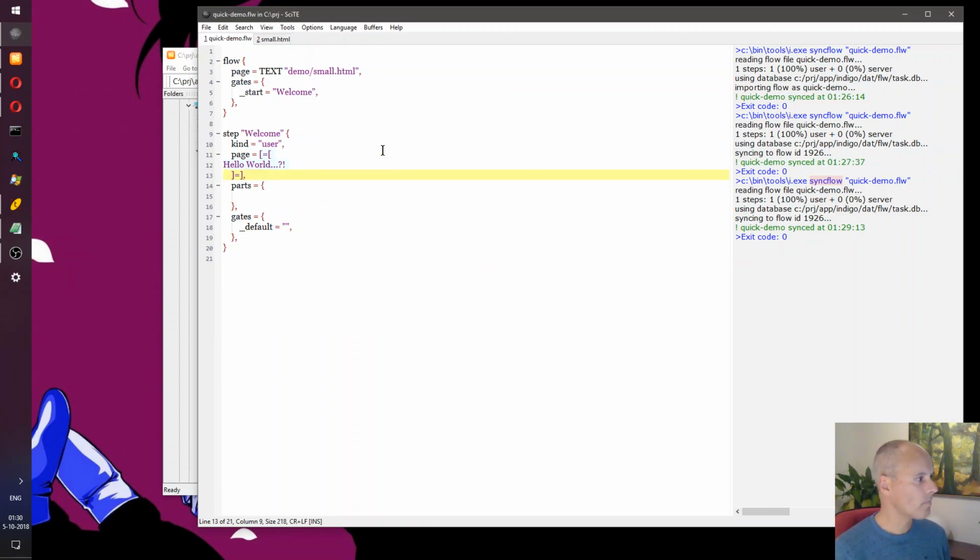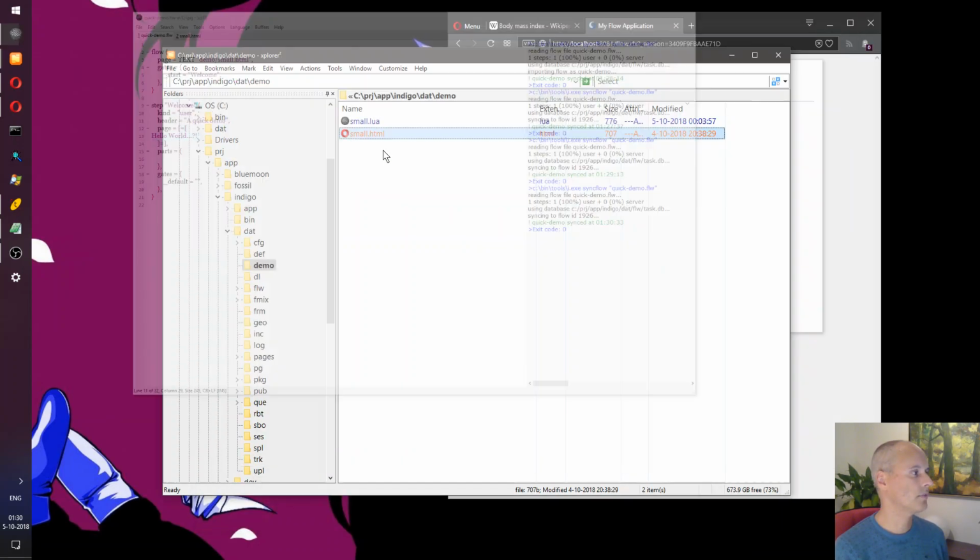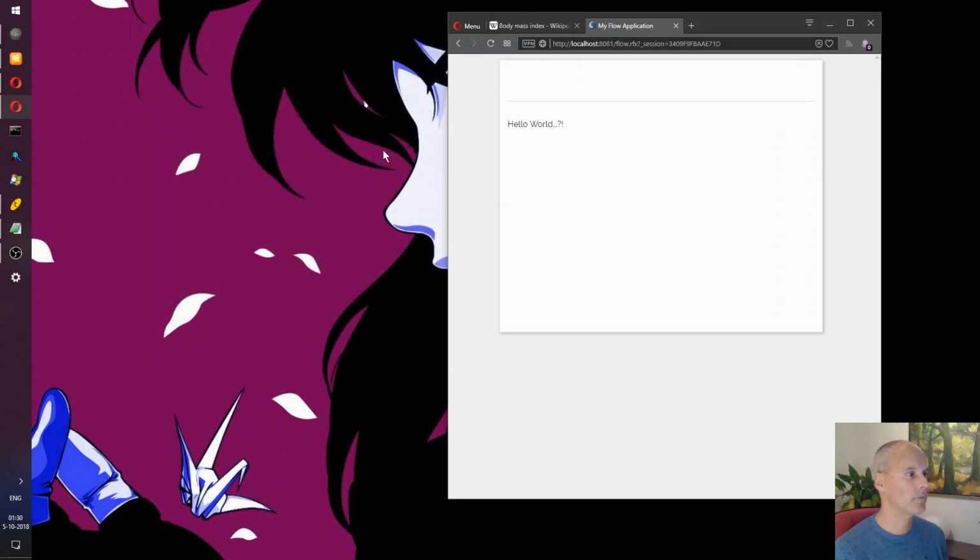So if I add a quick demo header, synchronize it, remove this one, and refresh the page, there's the header. Well, that didn't hurt, and it was fairly quick.